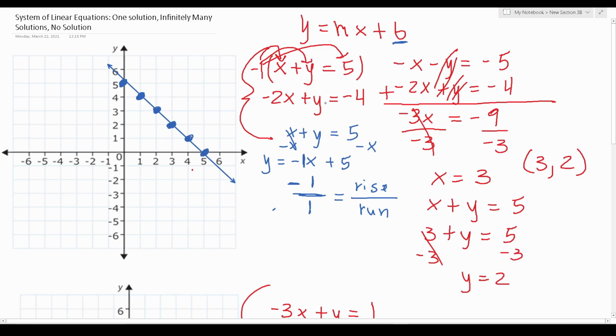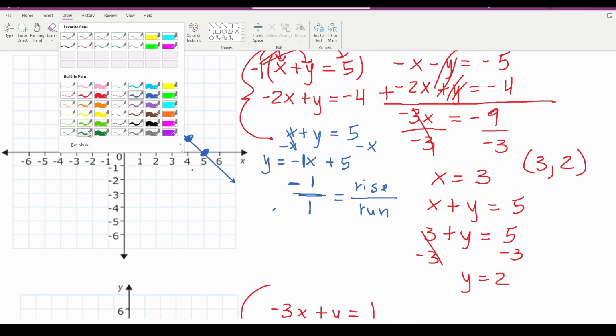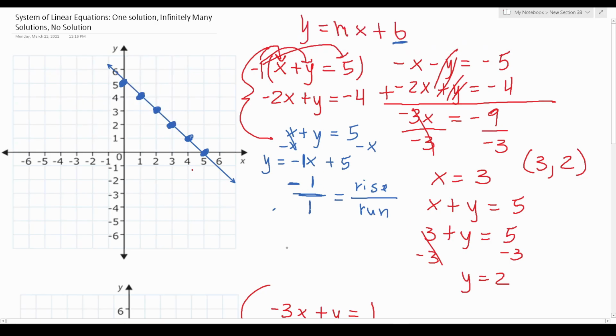All right, let's do the same thing for this second equation, and let's do that in green now. If we have green as a choice, we do. Again, this equation is -2x plus y equals -4. We want to put it in this form, y equals mx plus b. So in this case, we're going to add 2x to both sides. This crosses out here, leaving you with y equals